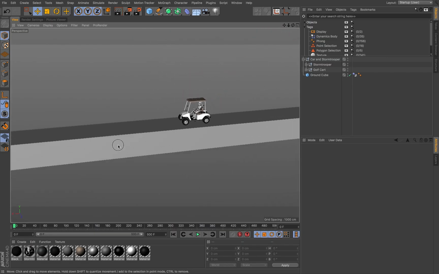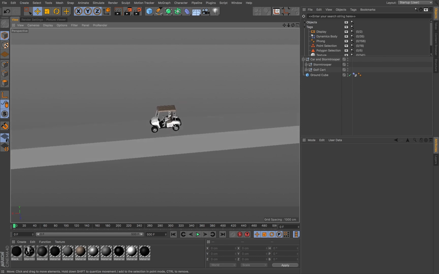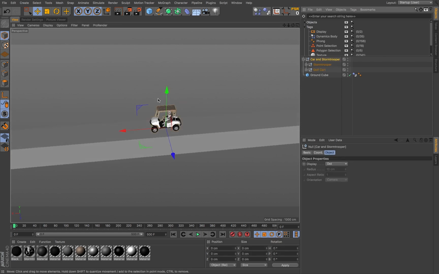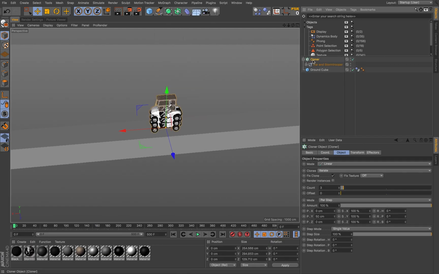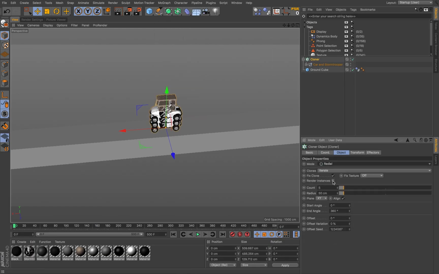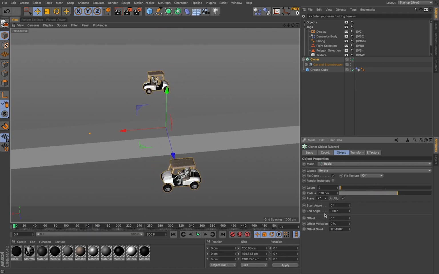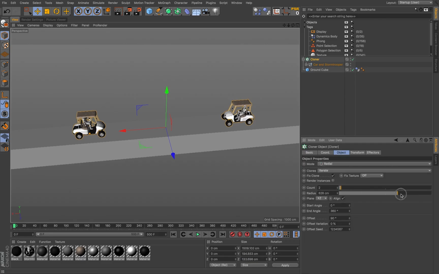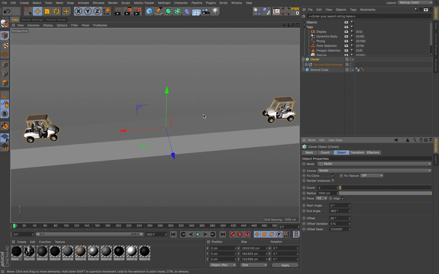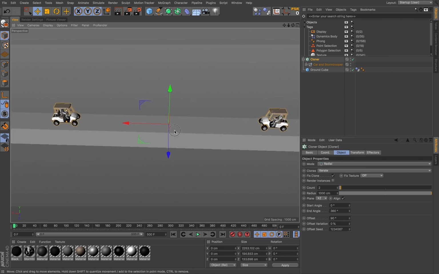We want to now set up the actual crash. So they're grouped together, get them in a cloner object. We want this on radial, just two of them. It's on the wrong plane, we want XZ. I'm going to twist this around 90 degrees, and then also in the transform do 90 degrees counter. Let's put them at 1000 radius,